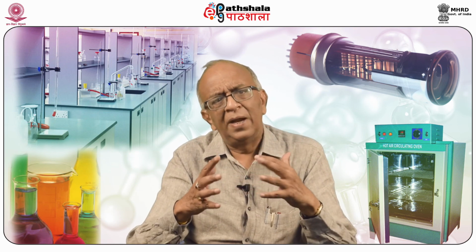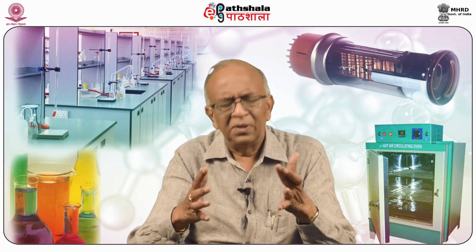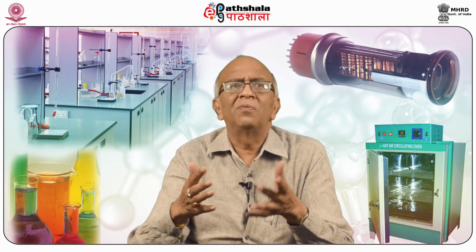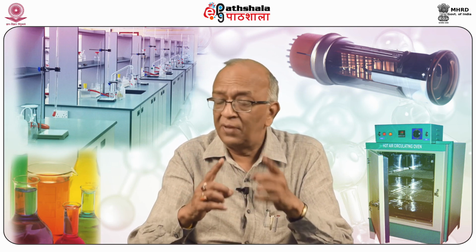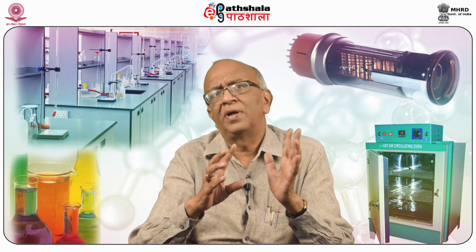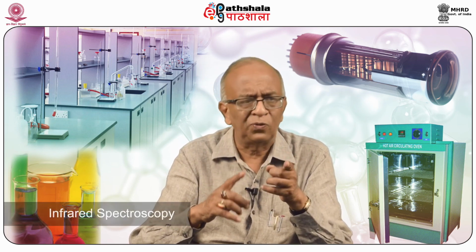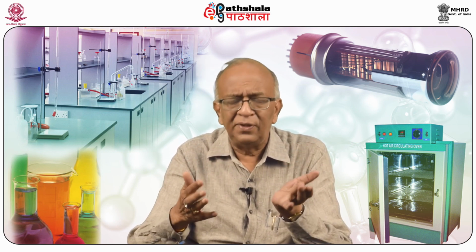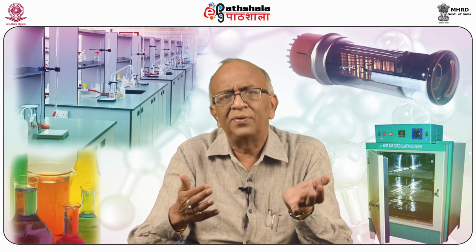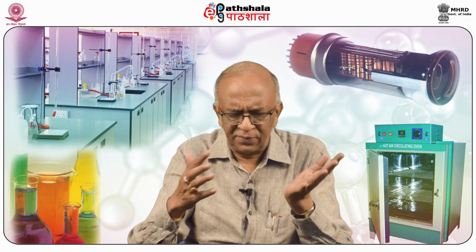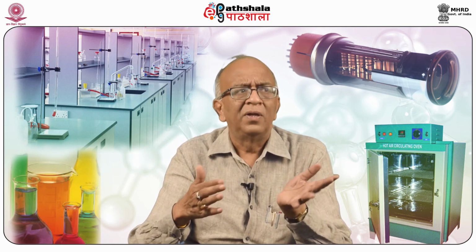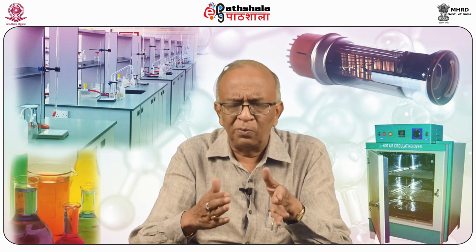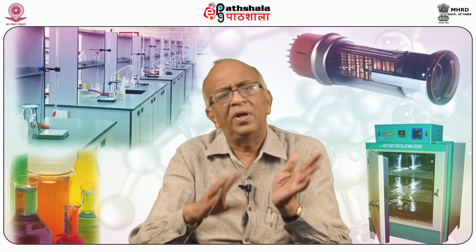Here, the first very important part was the source of radiation. Second was where the analyte is placed, so the cell of the analyte is also very important. As in the case of infrared spectroscopy, generally the cell of a substance is taken, a cell of potassium bromide, where the sample is mixed with potassium bromide, or cesium chloride is taken. So the nature of the cell will vary, but it should be exclusive for that particular spectroscopy.